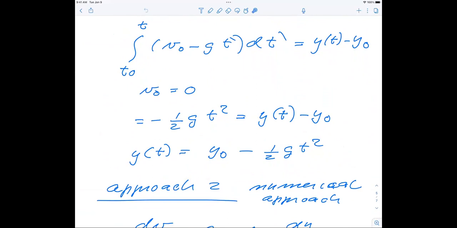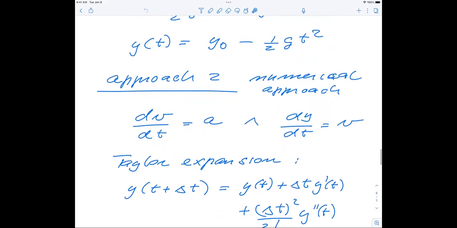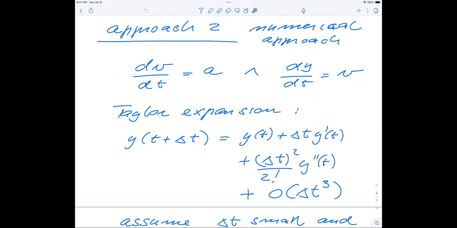Now, the other way by which we can solve the same equation is by a numerical approach. And the numerical approach is us starting with the same equations, but then we typically make a Taylor expansion. And in the Taylor expansion, we can decide where we truncate. Sometimes you have an expression for the second derivative, but in many cases, like for the velocity, we have only an expression for the first derivative, which is the acceleration. And that's what we can plug in to the differential equations.